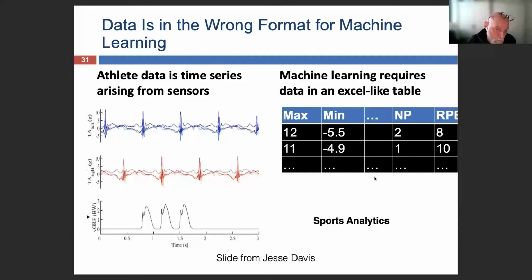What you have in sports analytics is quite some time series that are connected, like, for instance, the movement of your right leg and your left leg, and you'll typically get the kind of time series that you have there.